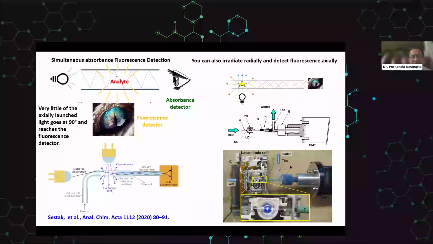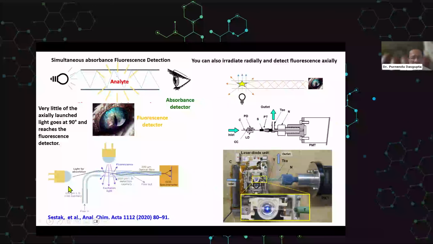Fluorescence is emitted in all directions. So some of that fluorescence will proceed down, actually guided down the fiber, and you can detect it. Either detect it here, if the excitation light is going this way, or you can detect the fluorescence and illuminate it radially. So here is a situation, for example, where we have a laser diode and a capillary sitting on top of the laser diode with a Teflon AF tube. So analyte comes through here, it's being radiated, and the emitted fluorescence is carried down here to the